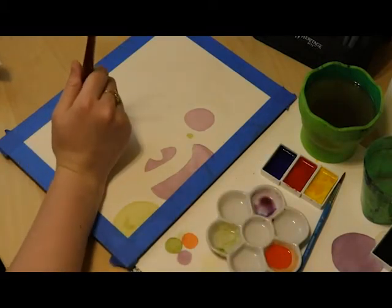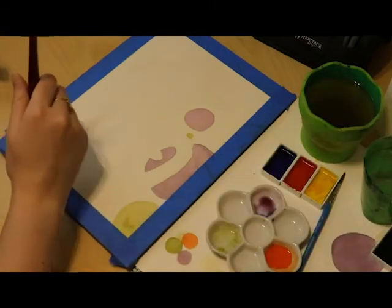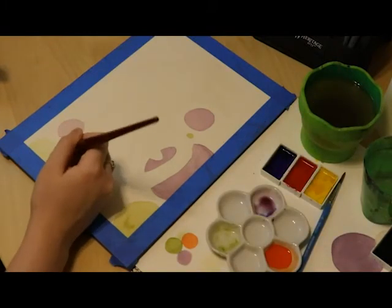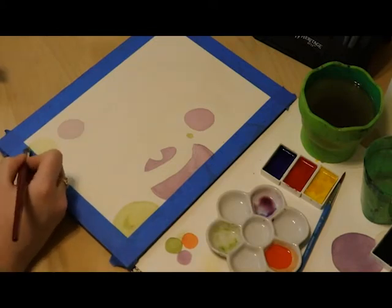I'm being really careful not to touch these colors to each other. A watercolor technique is wet on wet, and that's where colors bleed into each other. That's what I don't want to happen here in this painting right now. What I'm actually wanting is just a wet on dry, so it's where